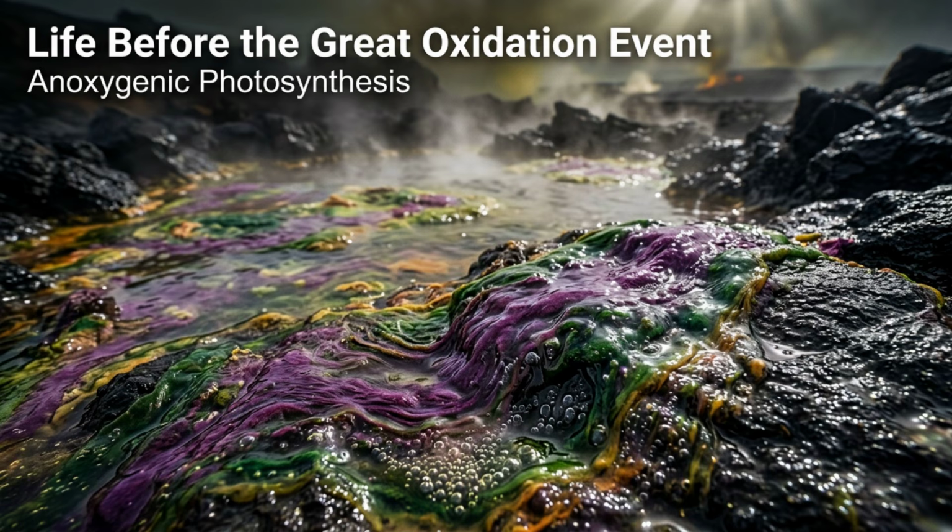The electron is often returned to the original reaction center by a soluble carrier like cytochrome c2. Because the electrons are recycled, these bacteria are incredibly efficient at producing ATP, but do not directly produce the reducing power, NADH, needed for carbon fixation. To solve this, they employ reverse electron flow, using the energy of their proton gradient to push electrons against their thermodynamic gradient onto NAD+. Recent metagenomic evidence has expanded our understanding of this architecture, suggesting that members of the Myxococcota